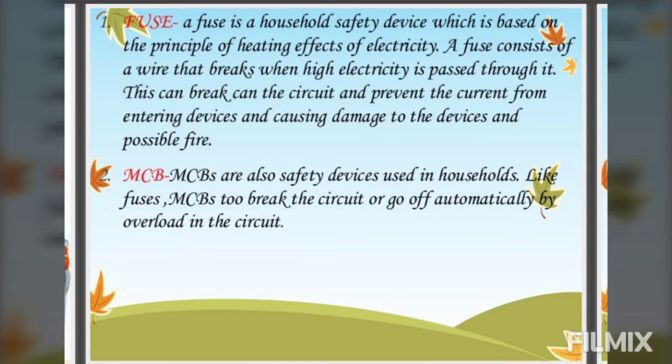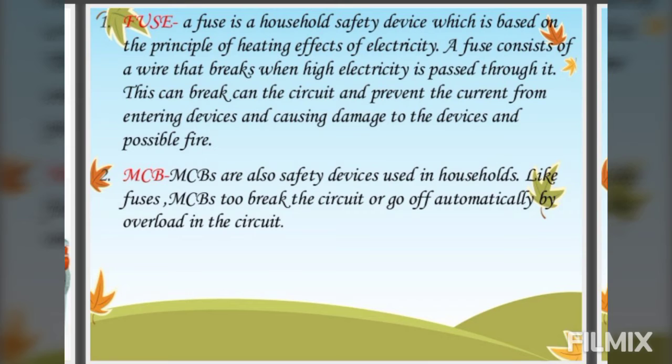The fuse has a special wire, the melting point of which is lower than the metal which is used to make conducting wires. When any excessive current flows through the circuit due to overload or any other reason, the fuse wire gets hot and it melts. This breaks the circuit and prevents any overloading. Now we will study about its characteristics. It has a very short length wire with a very low melting point. That's why it breaks very easily.